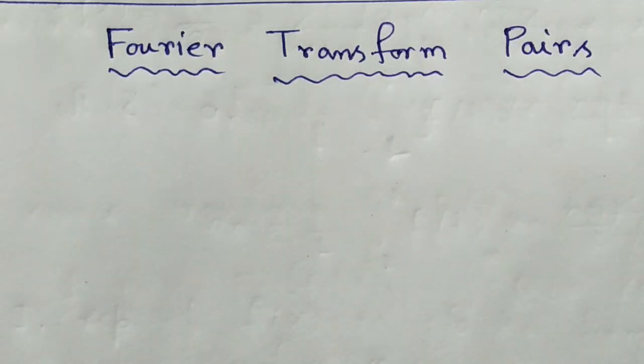Welcome to everyone. Today we are going to discuss a very interesting topic, that is the creation of the Fourier transform formula. There are different types of formulas for the Fourier transform of a function and also the inverse Fourier transform of a function, and there is confusion about all these formulas. I have told you in our previous classes that each of them is correct. Today I am going to explain why they are correct. So let's start.